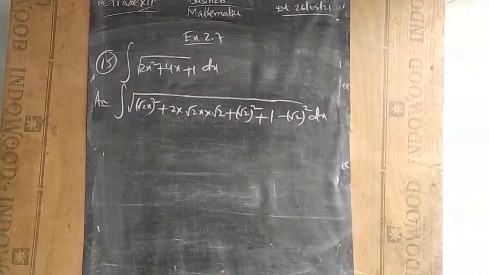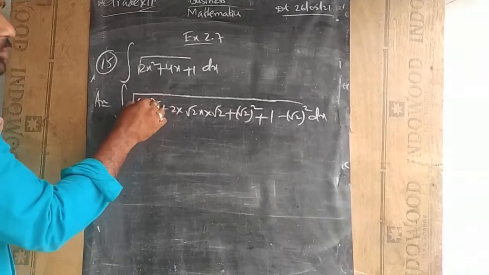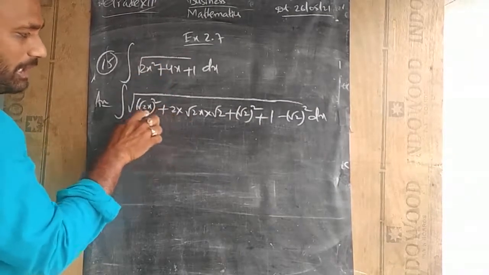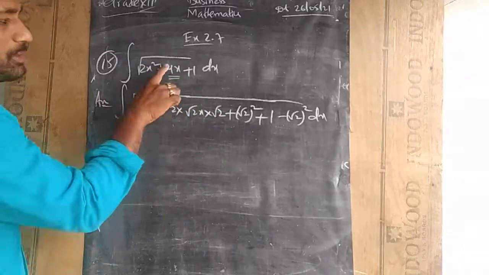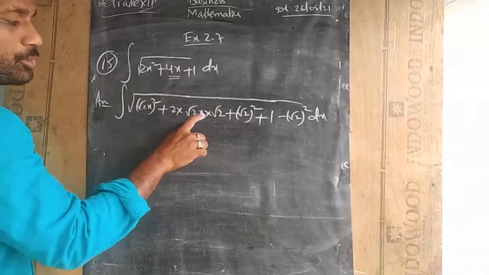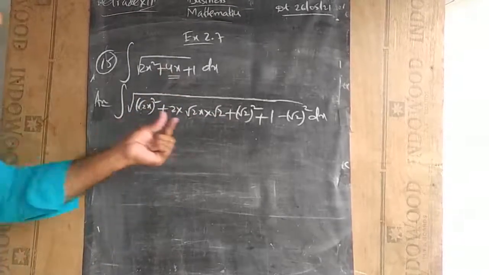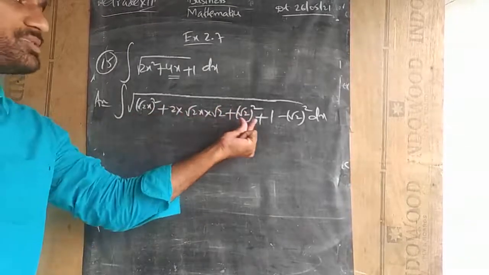See, try to understand one thing here. 2 I am writing as root 2, so that if I do root 2 square it will become 2, so 2x square will be x square. So 2 into a value into b value, in such a way that I have to balance with 4x. Here 2 is there, 2 into root 2 into root 2 will be 2, 2 twos are 4, 4x, it is matching. So what is my b term here? Root 2. For that I have to do a square plus 2ab plus b square.